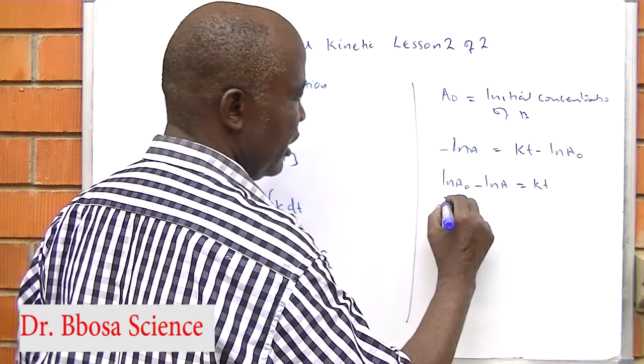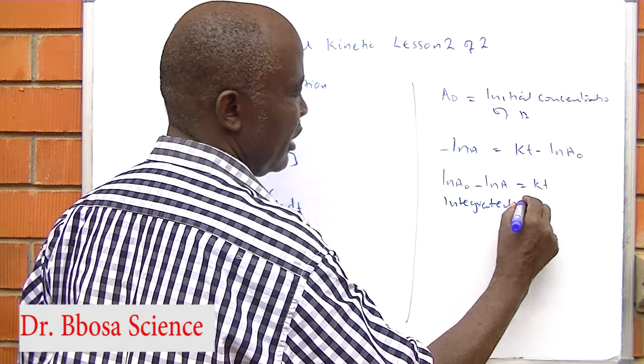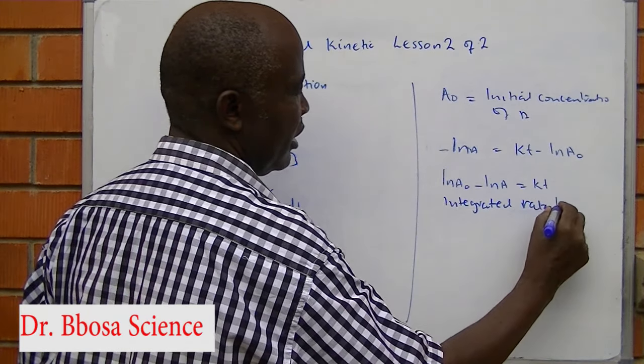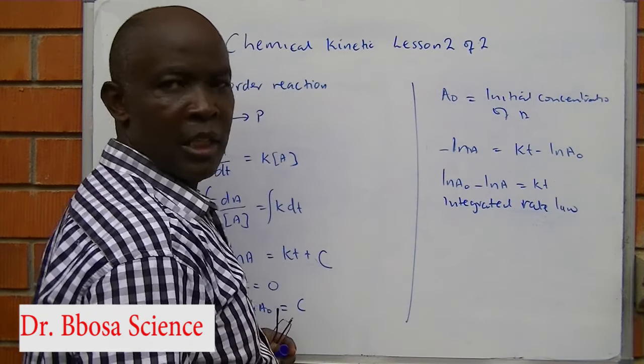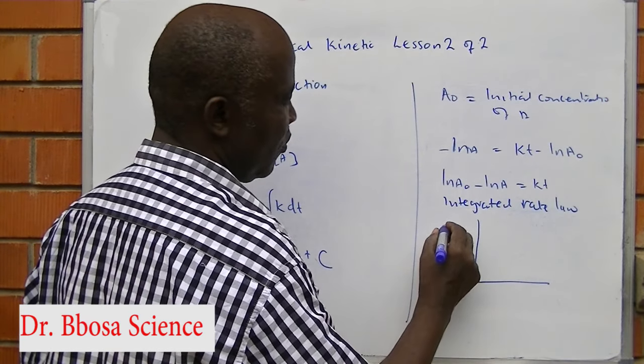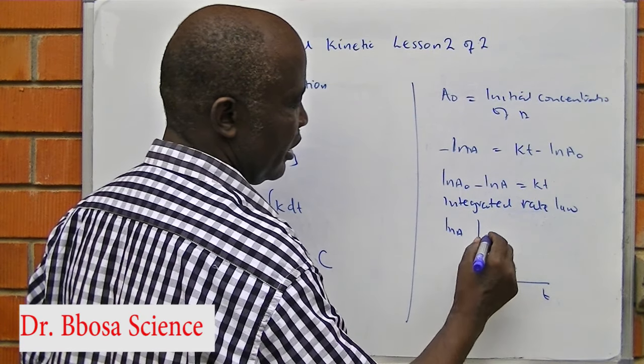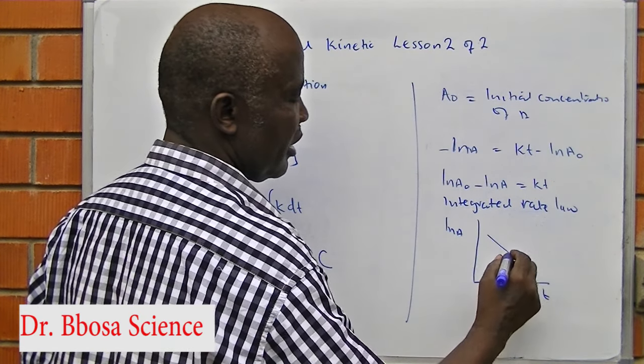This is called integrated rate law. Similarly, when you plot a graph of natural log A against t, we get a straight line where